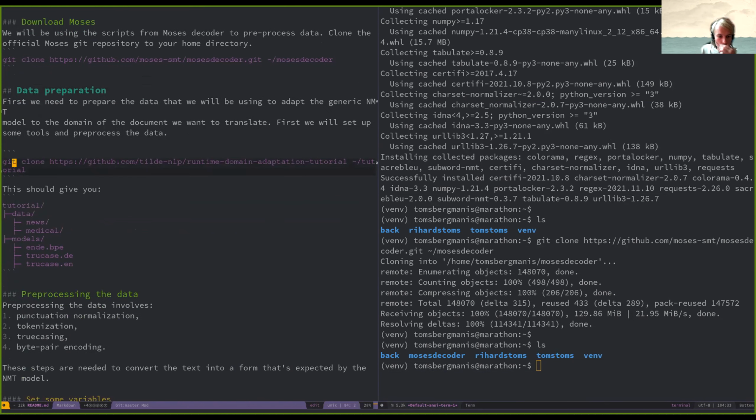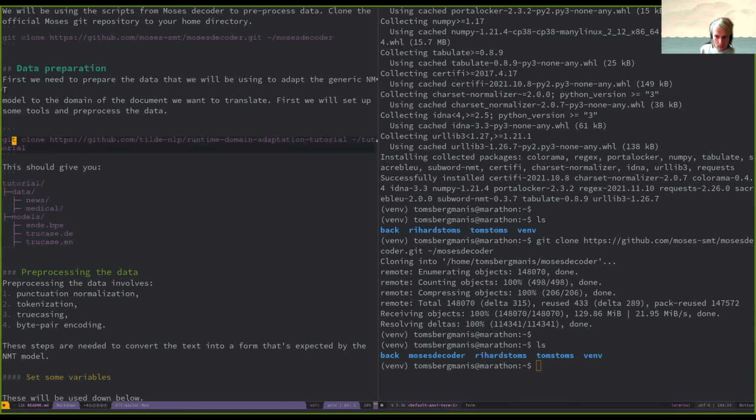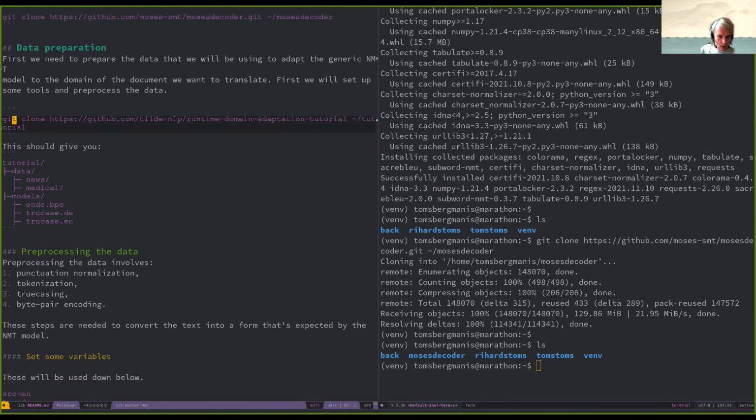So there are multiple steps that we should do before we can pass text to the translation service. Generally, these things are meant so that we transform the text in a way that the neural machine translation model understands it. The first thing you have to do is